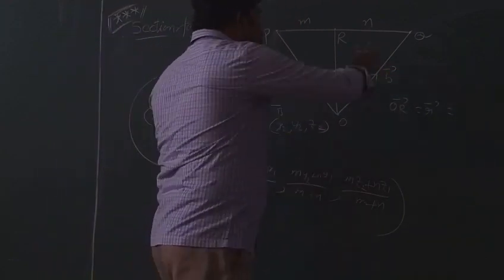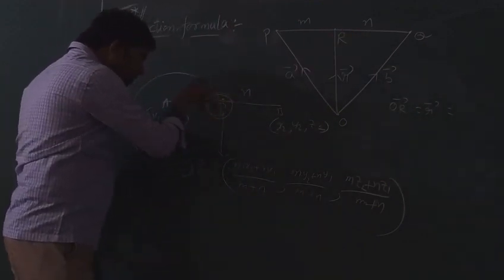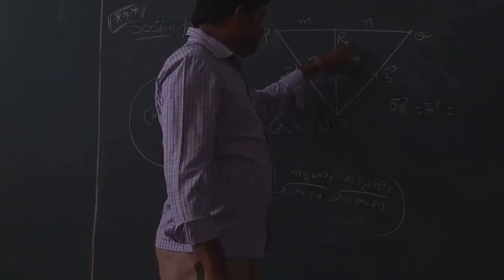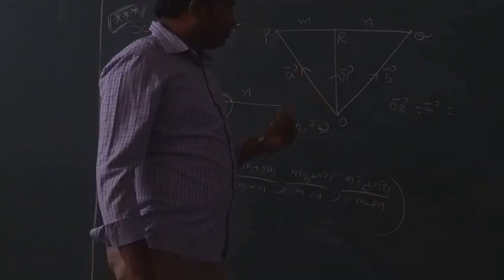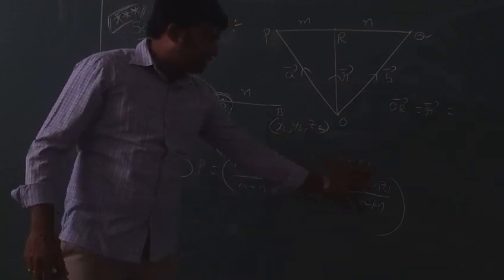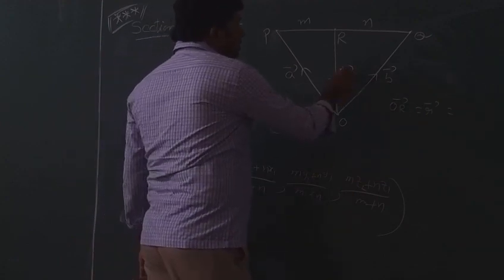Then the position vector here: A is x1, y1, z1 and B is x2, y2, z2. Then what is the section formula for P? The coordinates of P. Here, coordinates only, but we will represent them in vector form. How? x into i cap plus y into j cap plus z into k cap. Tell me, what is the position vector of R bar?